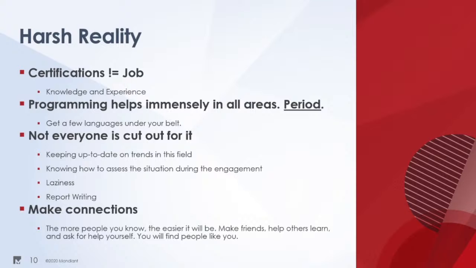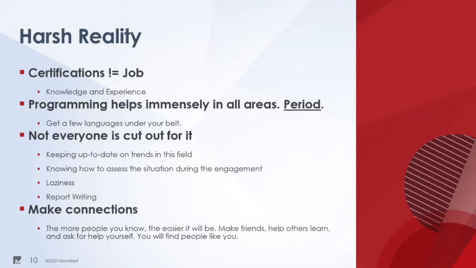Another thing is, not a lot of people are cut out for penetration testing, red teaming. It can be exhausting to keep up to date with things. There's some nights I just go to bed and I open up Twitter, open up my YouTubes, and I'm like, I don't want to do any of this. But I do. I get up in the morning, maybe I'll save just one article. I'll usually read about one article a day, whether that be from Medium, or maybe that's a new bug bounty write-up on HackerOne, some new thing I don't know how to do. I love reading those things because I use them all the time.